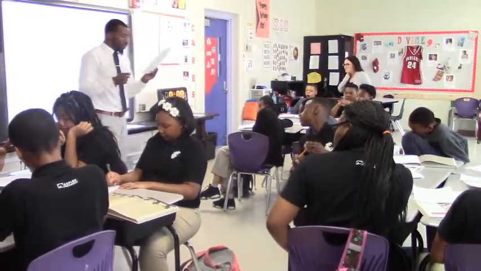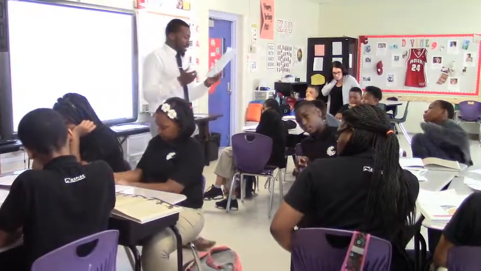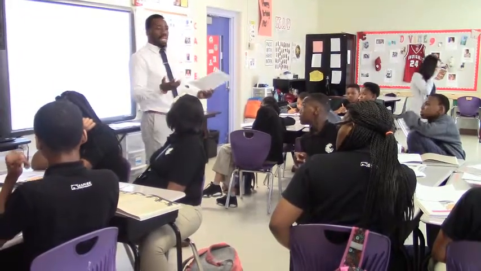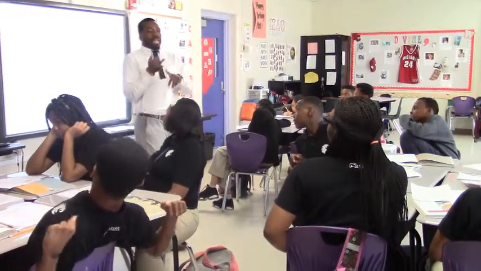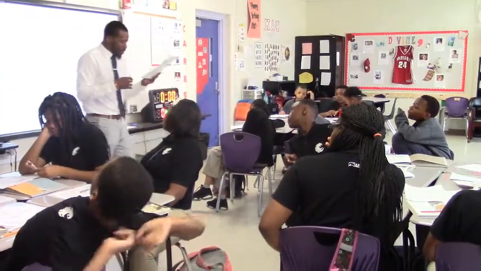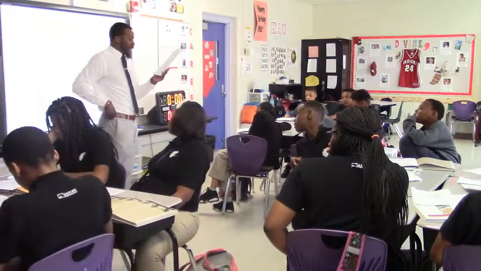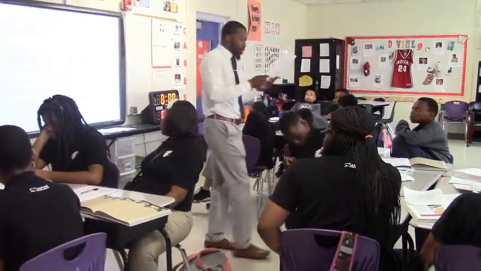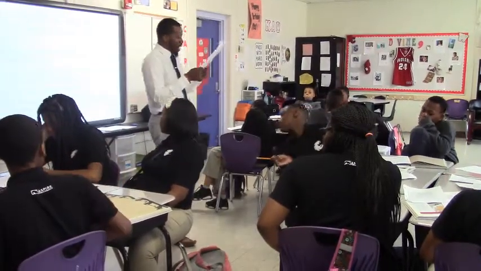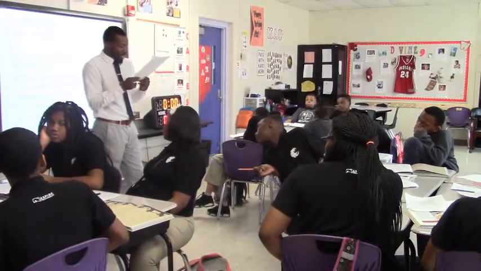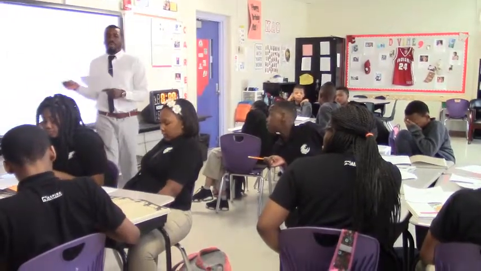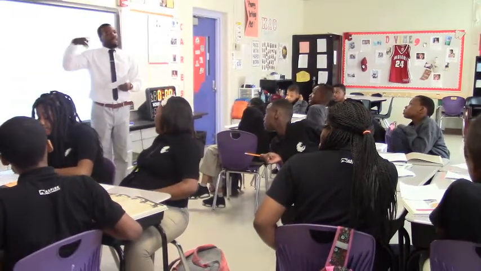Then he wrote, the genre that the poem Keep On Keeping On is poetry, and the genre of the Odyssey is a novel. The evidence I pulled from the Odyssey to support my theme is on page 102, paragraph 2. He pined for his home, for his wife and his son, and his own rocky island of Ithaca. All he could do was dream of going home. The evidence from Keep On Keeping On, did he give me one piece of evidence to support one of the texts? Yes. Okay, now he has to support the other one.